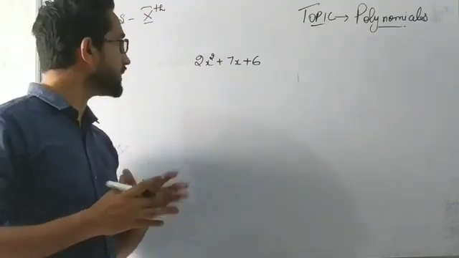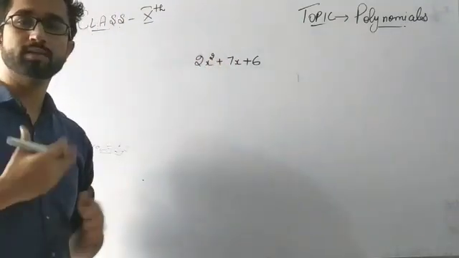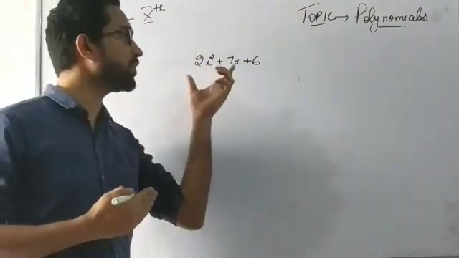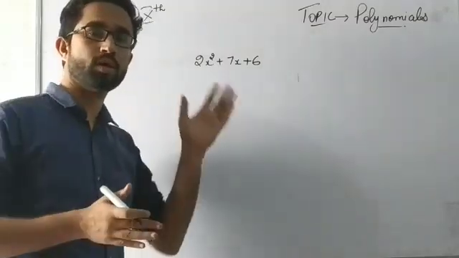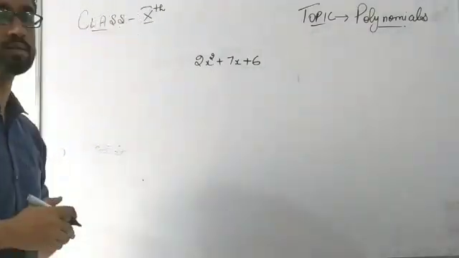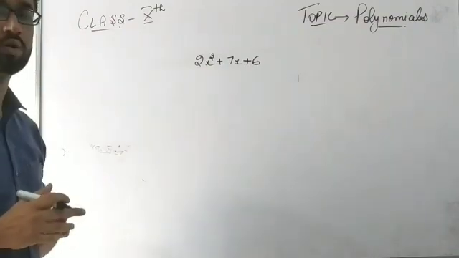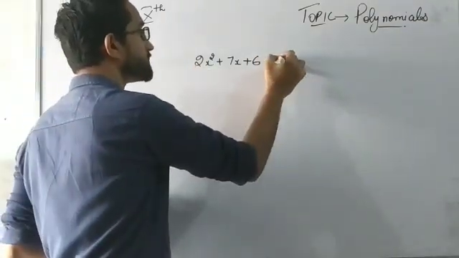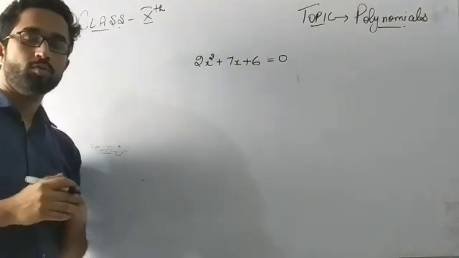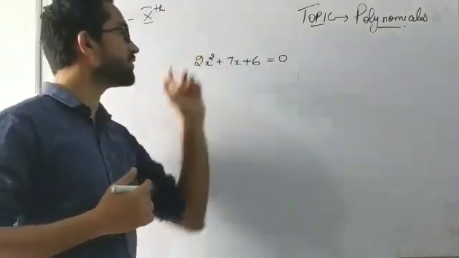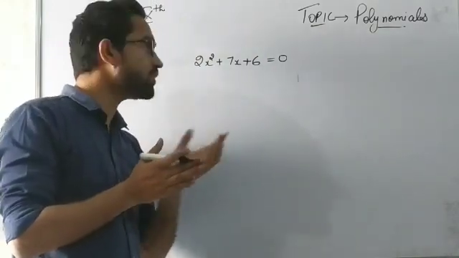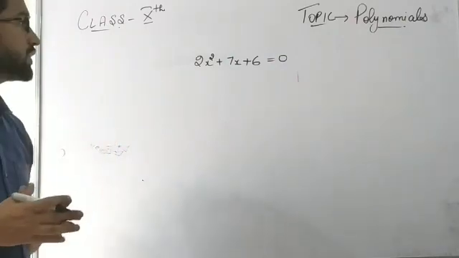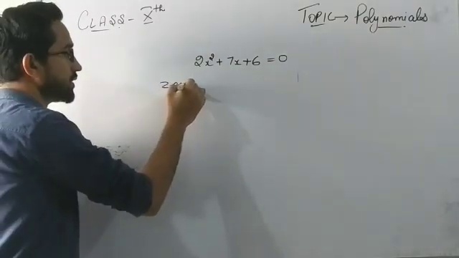Alright, so you can see here I've got one polynomial that has the maximum power of its variable as 2. Generally we call it a quadratic polynomial. We will discuss this in further chapters, but here what we have to see is that if I have this polynomial, I want to check for what values of x this polynomial can become 0. You must have done in the lower classes how we factorize this. So I want to find the values of x for which this polynomial can become 0. Those are known as zeros of this polynomial.